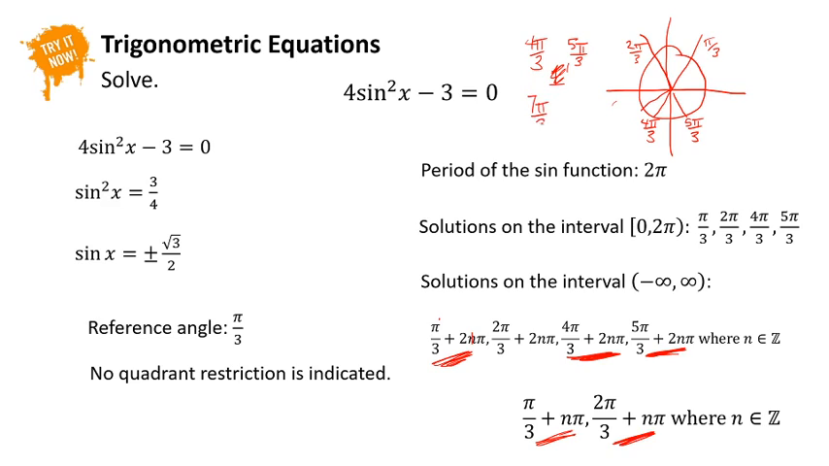7 pi over 3, let's just keep going. That can be represented here with n being equal to 2. 2 pi is 6 pi over 3, plus another pi over 3 here is 7 pi over 3. But it can also be represented here, actually here, with n being equal to 1. So this is 2 pi, which is 6 pi over 3, plus another pi over 3 being 7 pi over